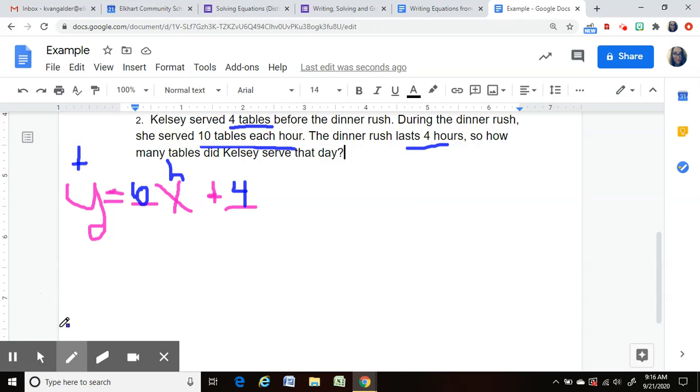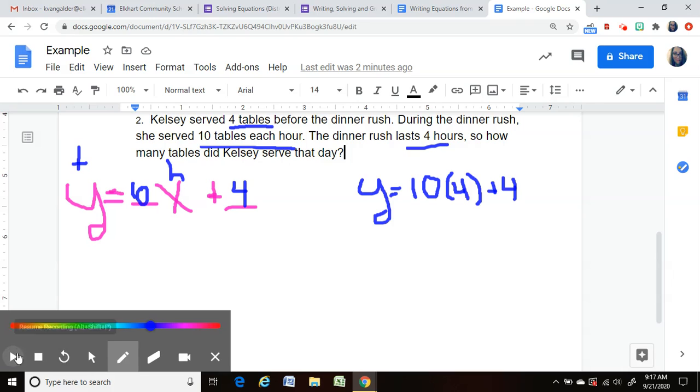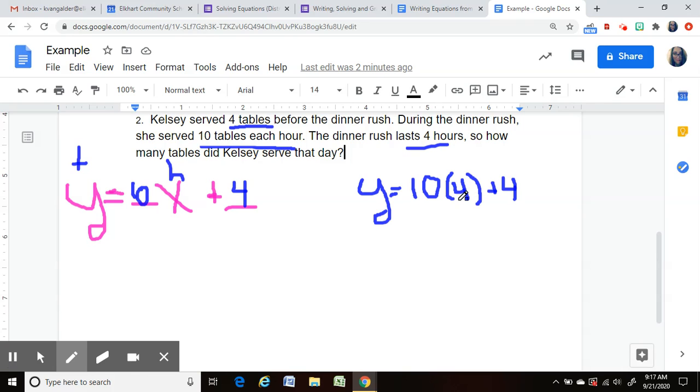So I know how many hours, and I'm going to plug that in. I plugged that 4 hours in for X, and I have to multiply. And bring that leftover down. And then I just add those together. Y equals she served